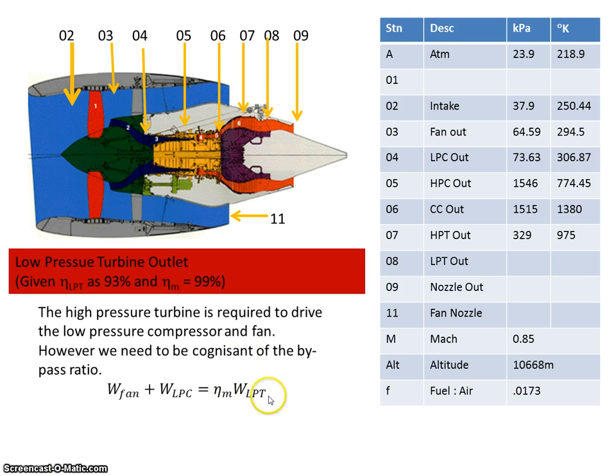To work out the pressures and temperatures on the low pressure turbine, we have to go back to this formula. So whatever work is taken from the low pressure turbine, that is used to drive the low pressure compressor here, and the fan, this here. So when we expand that out,